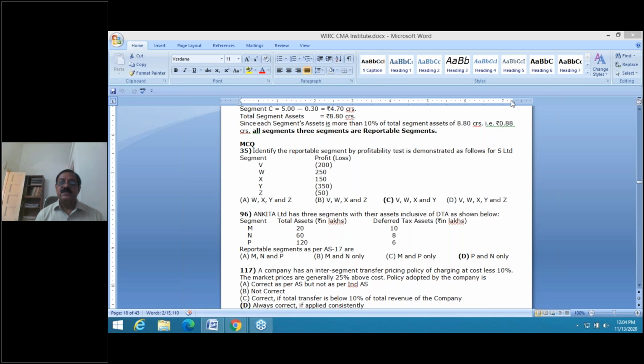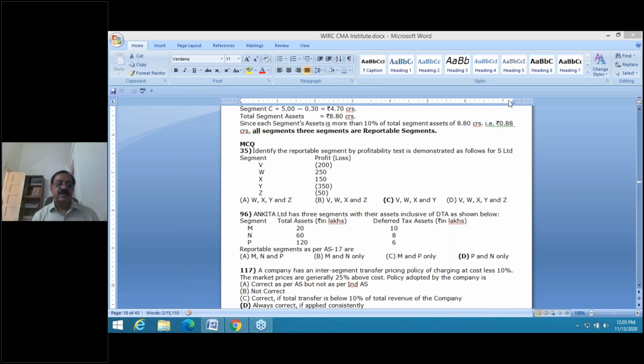Now give me answer for this one. Deferred tax assets are to be excluded, and then you have to take total assets, take 10% and compare that 10% limit with each department's asset excluding deferred tax assets. So friends, assets total is 200. Deferred tax assets total is 24. The 200 minus 24 is 176. 176, 10% is 17.6. Now check after excluding deferred tax assets where the 17.6 figure is touched.